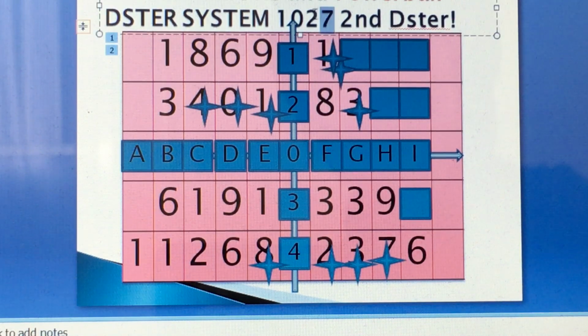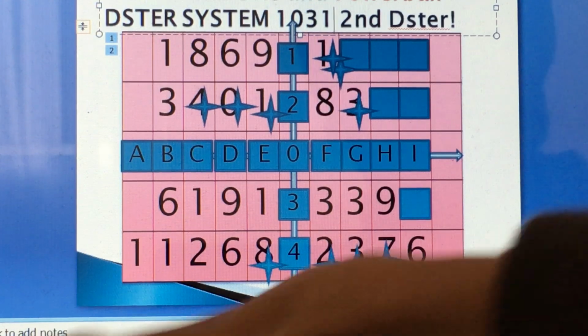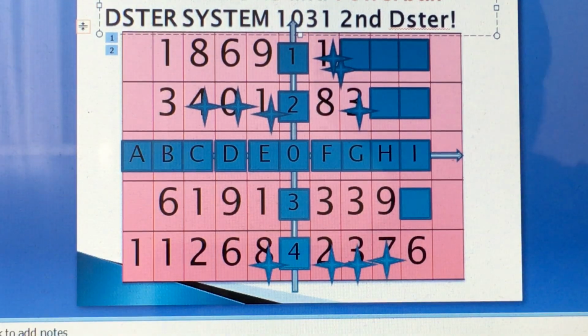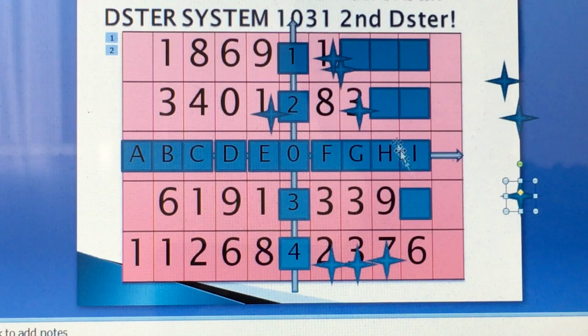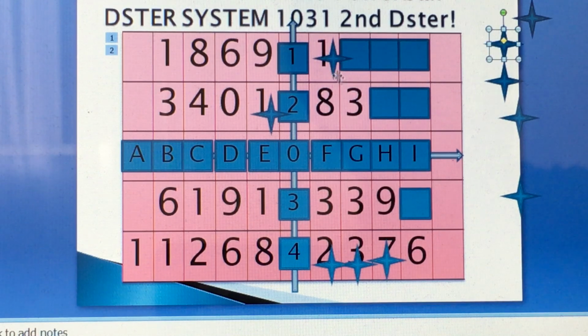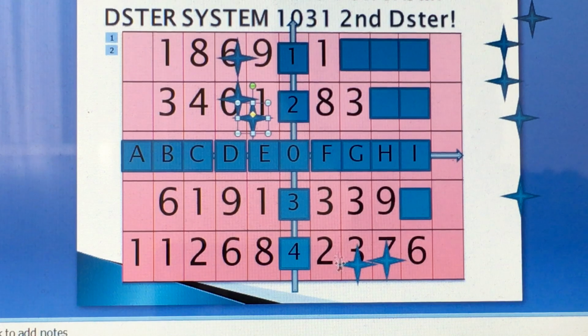Dster number 2. For Powerball, we have two, not in the Dster, and as we speak of, 2 cannot be used in the blue box. We have 6 on Quadrant 1. We have 40, Quadrant 1,